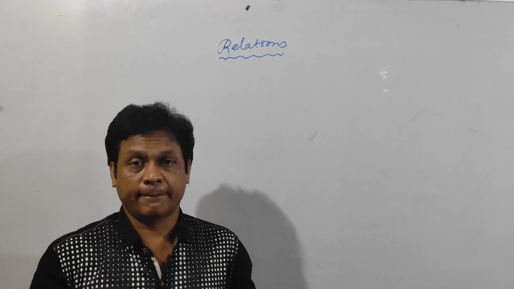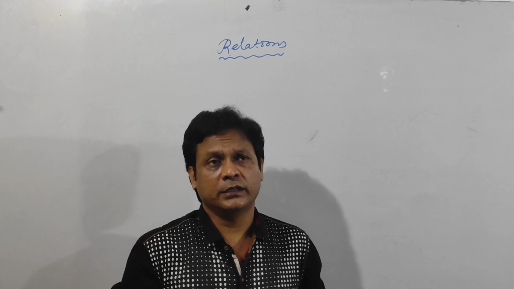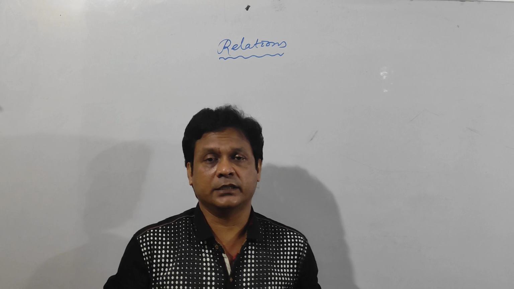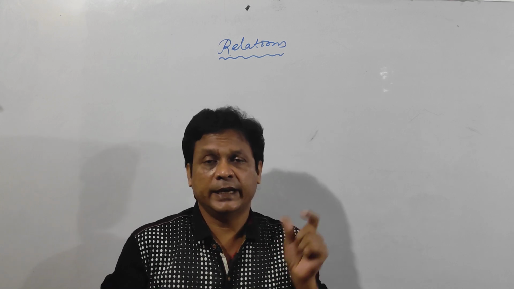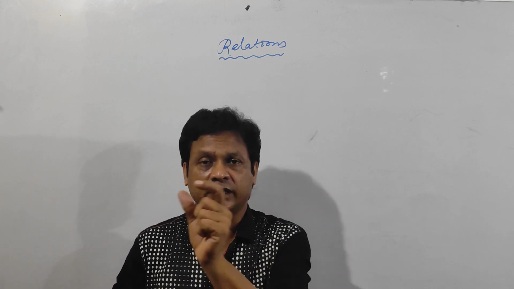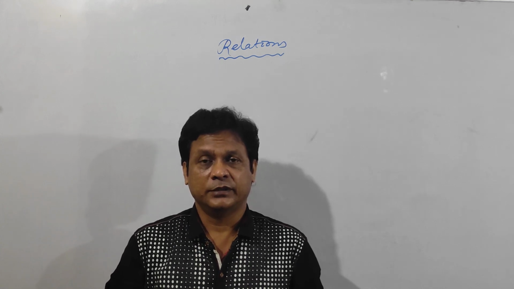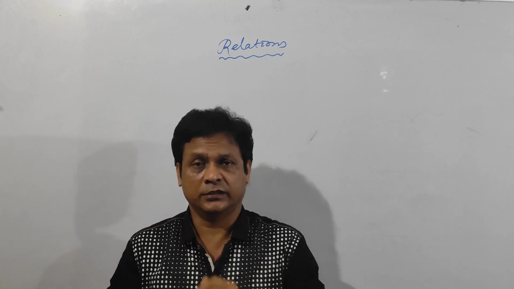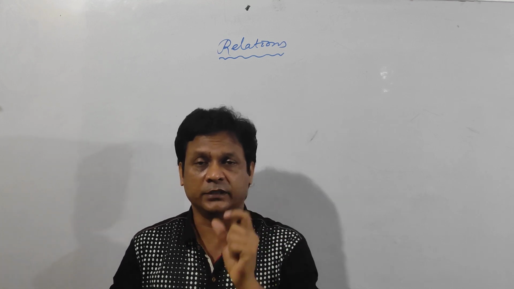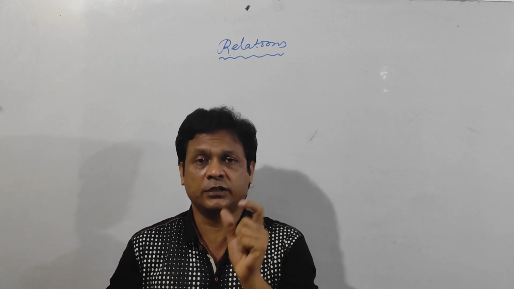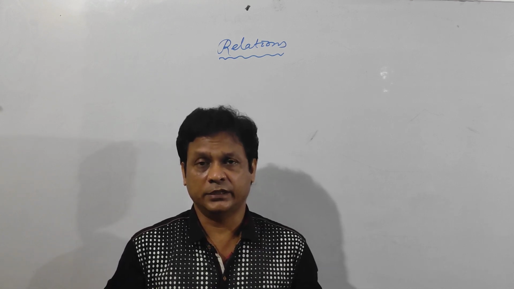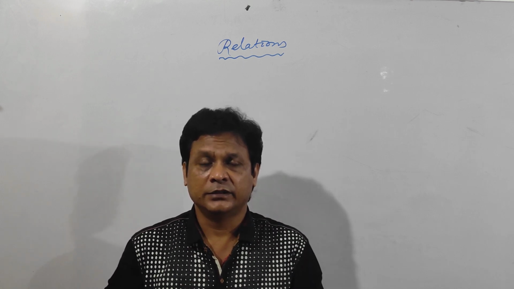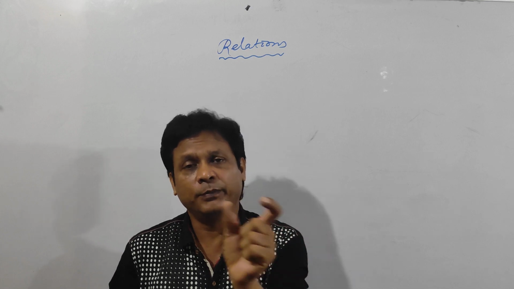See, a relation. Relation means it must be an ordered pair. I am going to tell you simple cases. A is the father of B. That means A is related to B. Rama is the father of Hari. So Rama and Hari, they are related, and the relation is "father of". Father of, brother of, sister of, friend of, like this. So they must be ordered pairs, and an ordered pair means it must be an element of A cross B.